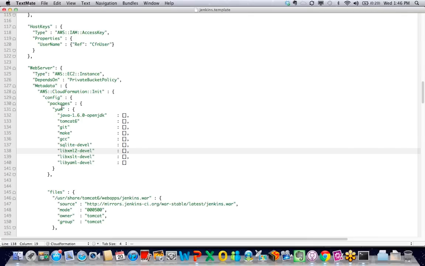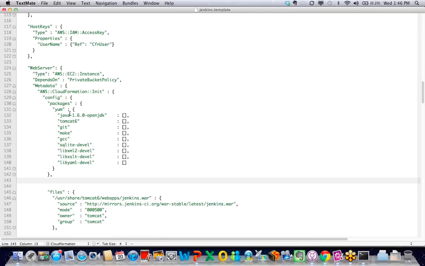You can see that I'm just downloading from a Yum repository. So I download Java, Tomcat, Git, all these various components. And again, the nice thing is it's all scripted. So that's essentially your documentation, because it's actually doing what you've specified in the template itself.